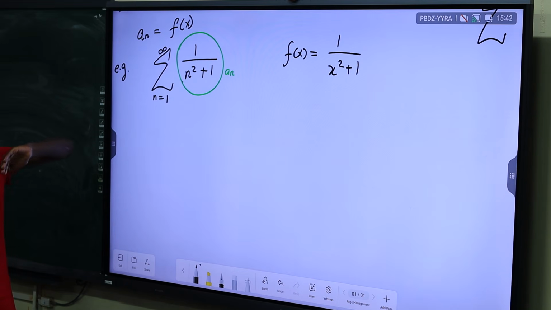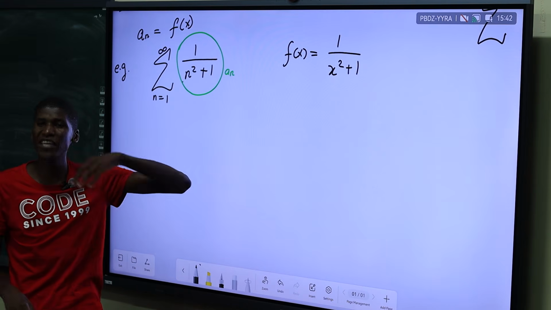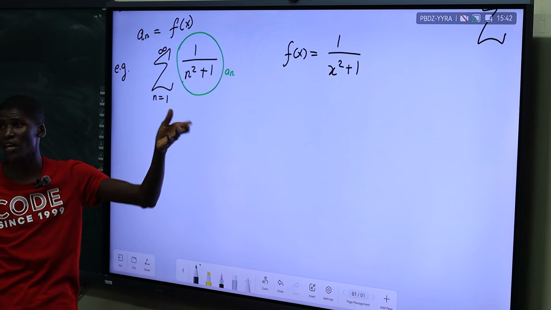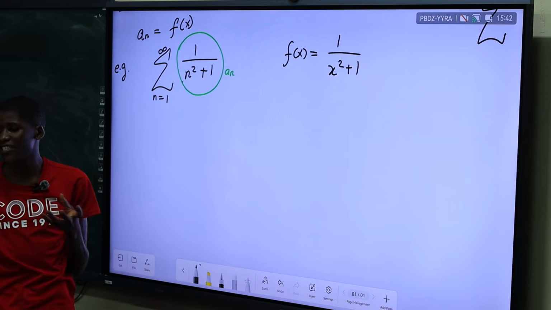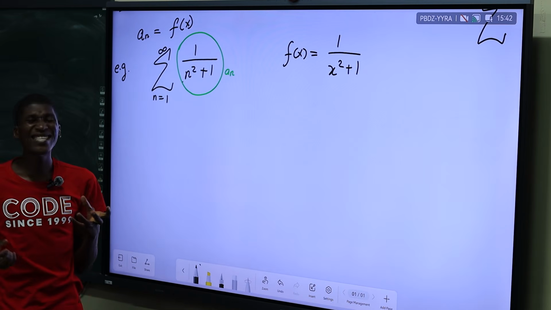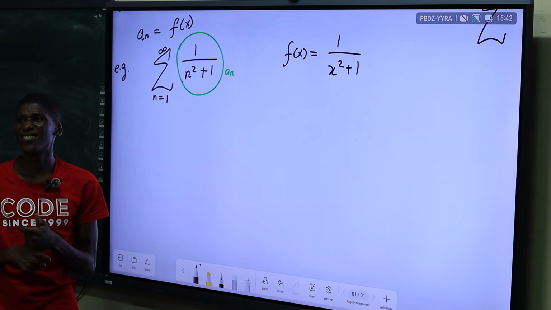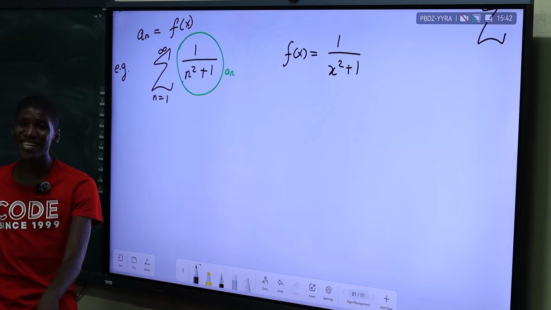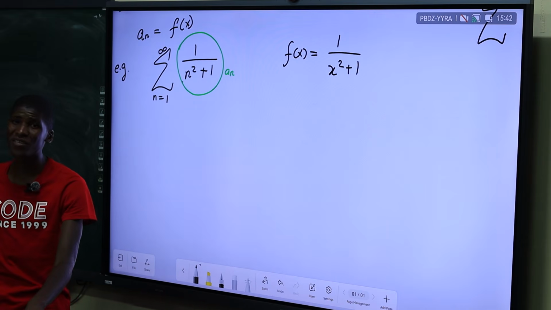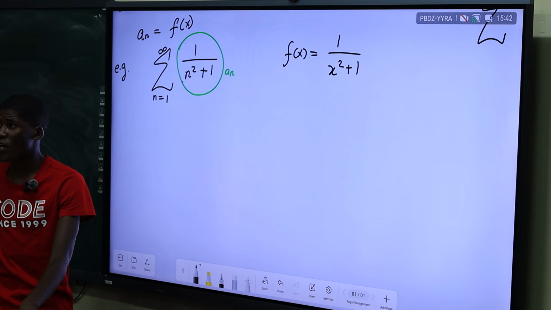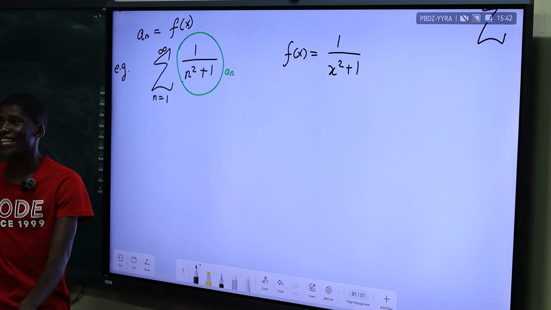Because remember in calculus 2, you learned that integrals actually come from a Riemann sum. So those two are interchangeable. When we started with the integral, how did we get to the sum? Who can connect the integral and the sum? Tell me the connection between the integral and the sum. What connects those two? Partial sum.